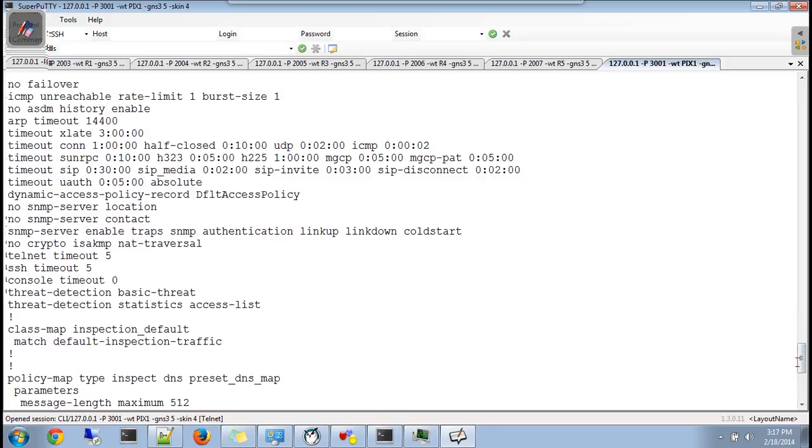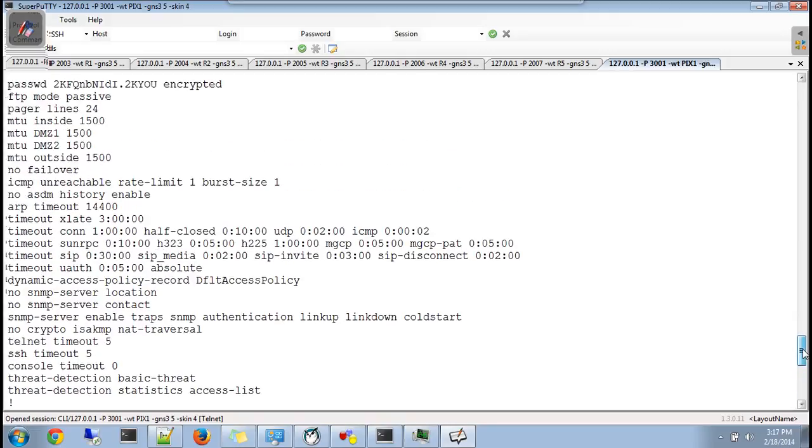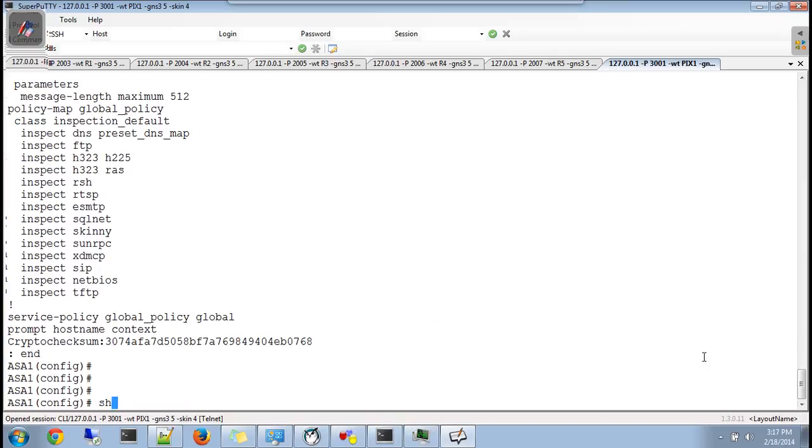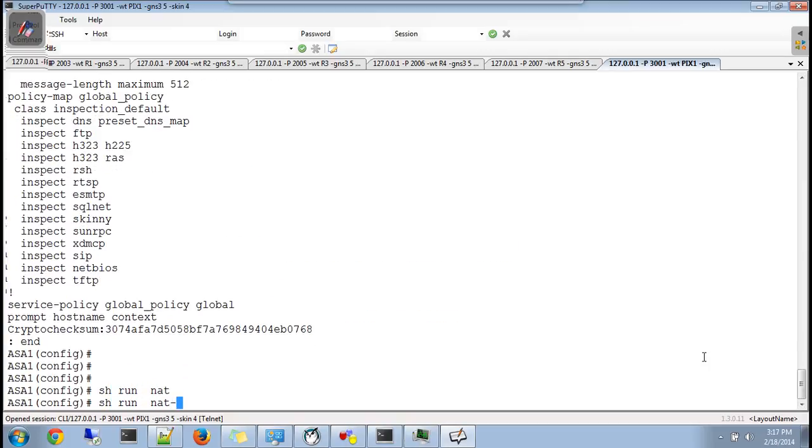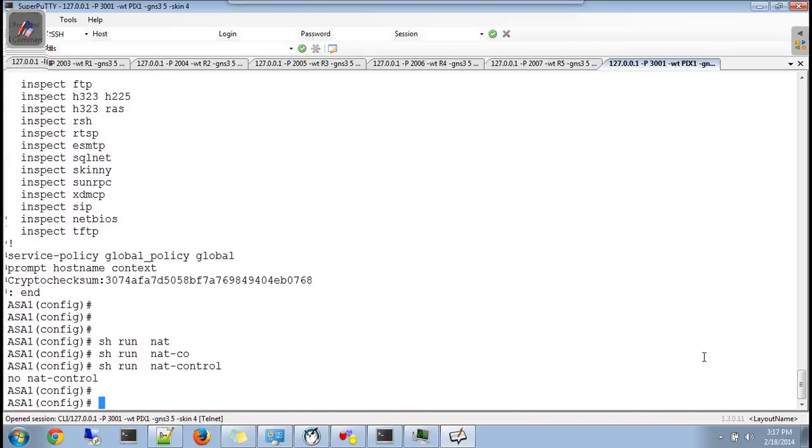By default it's disabled, but I can see it. Yep. By default, if you see, your NAT control is off. No NAT control means it's off. Your NAT control feature is off.